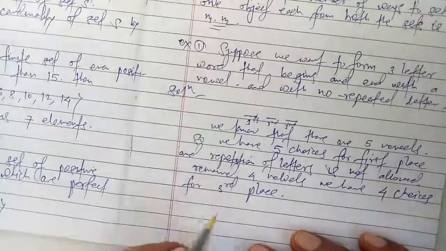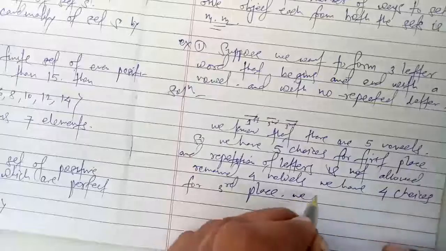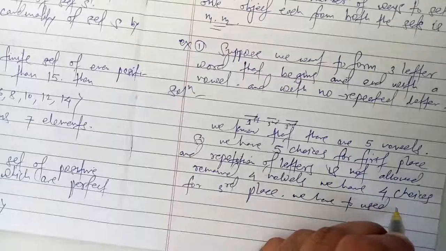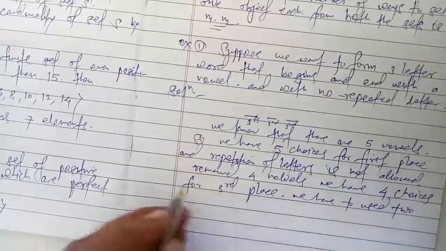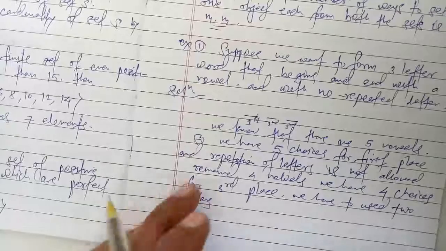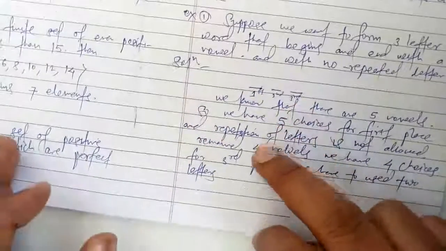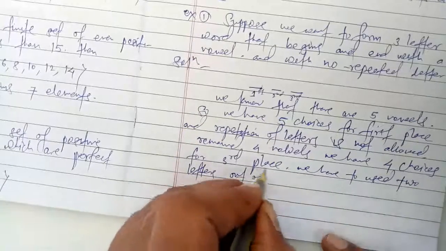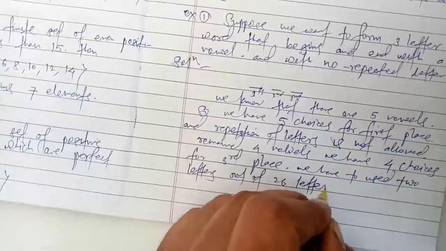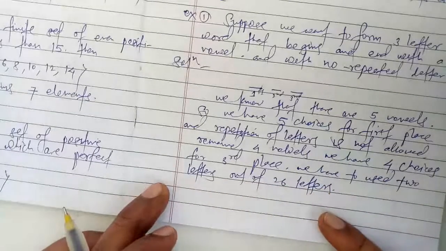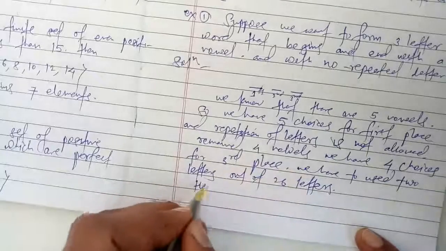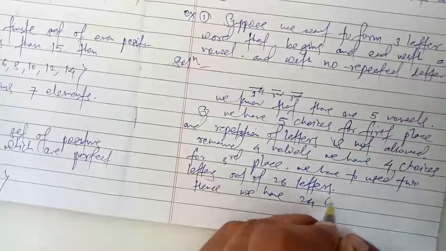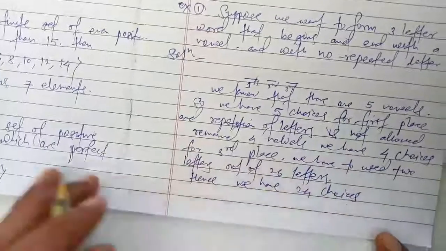Because we have already used 2 letters, one in the first and one in the third position, out of 26 letters. Hence we have 24 choices